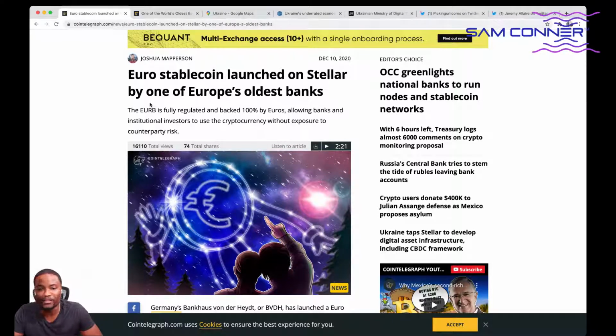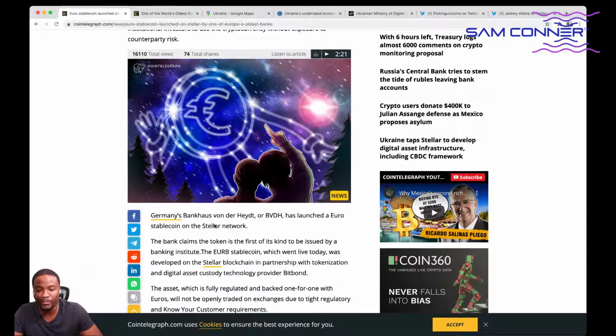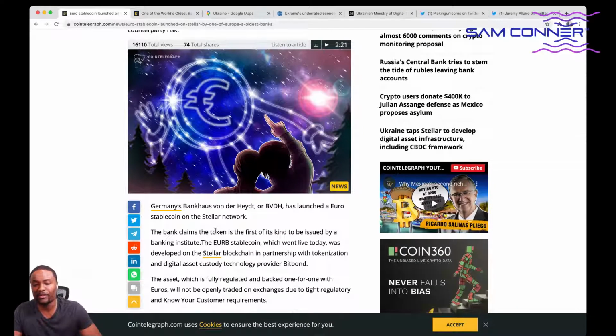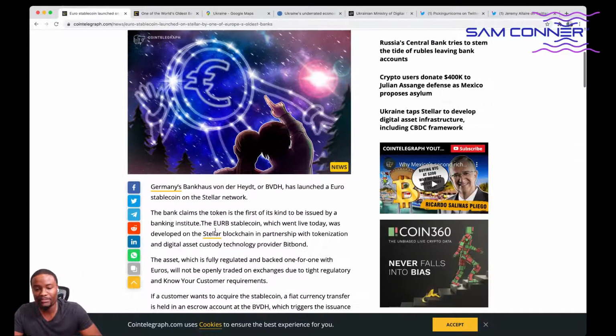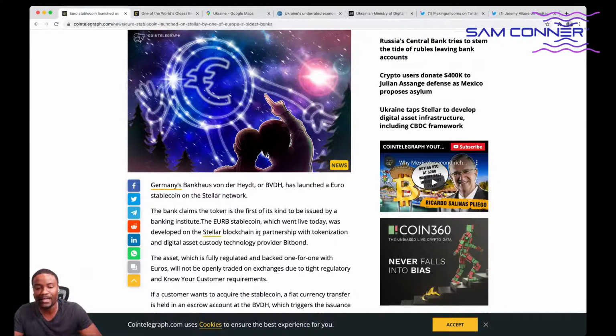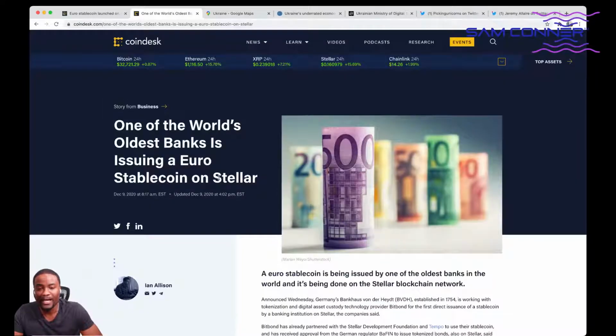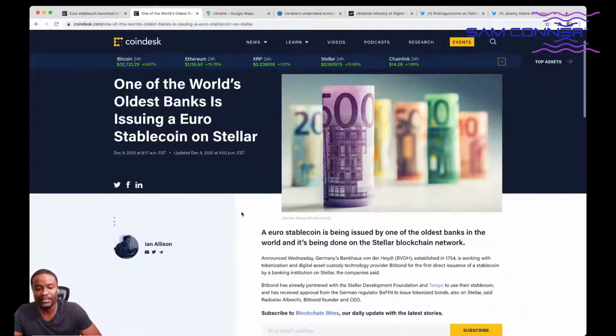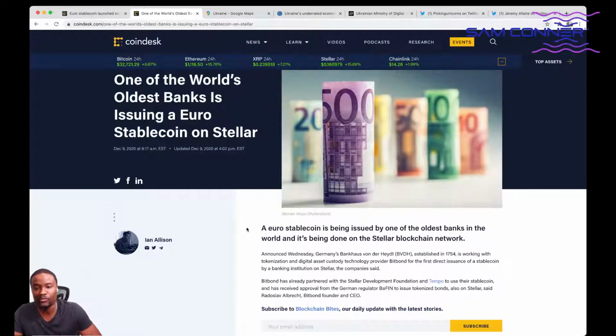Euro stablecoin launched on Stellar by one of Europe's oldest banks. This was Germany's Bankhaus von der Heydt, which launched a Euro stablecoin on the Stellar network. The bank claimed the token is the first of its kind to be issued by a banking institute. This was huge. You have another article here talking about it as well. One of the world's oldest banks issuing a Euro stablecoin. And then today,